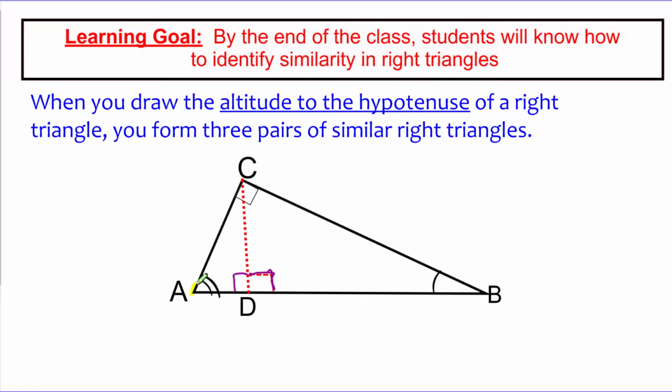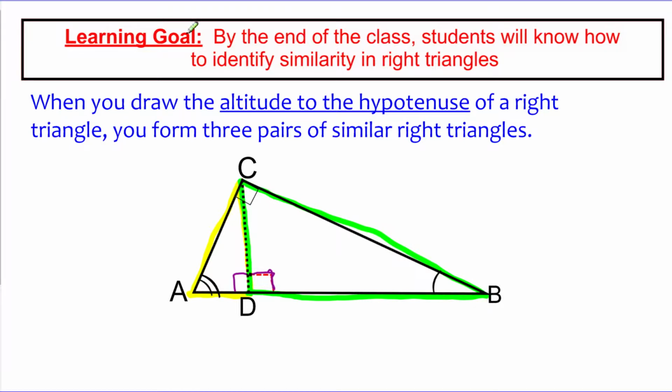If we focus on these three triangles that we just created, they are all actually right triangles. So if you notice this little one right here, which is ACD, that's a right triangle. And if we take a look at the one right next to it, we have DCB, this is a right triangle. And then we also have the big right triangle that we started with, so what we just did was we created three right triangles. And what we're claiming here, and that we could prove using angle-angle similarity, is that these three triangles are